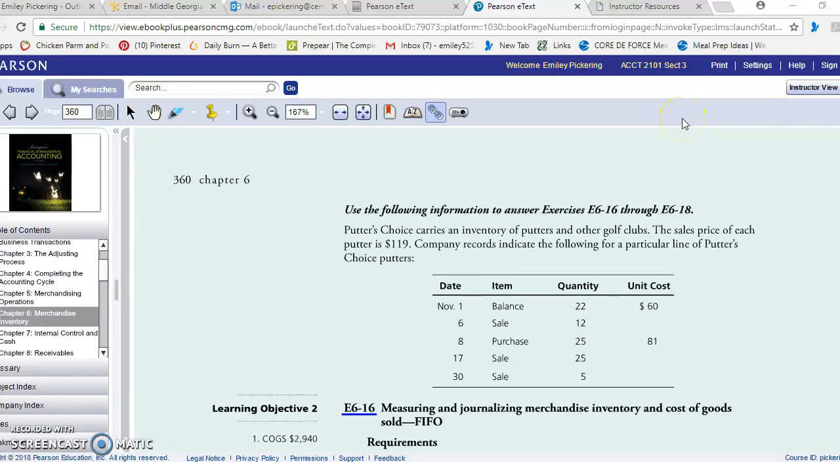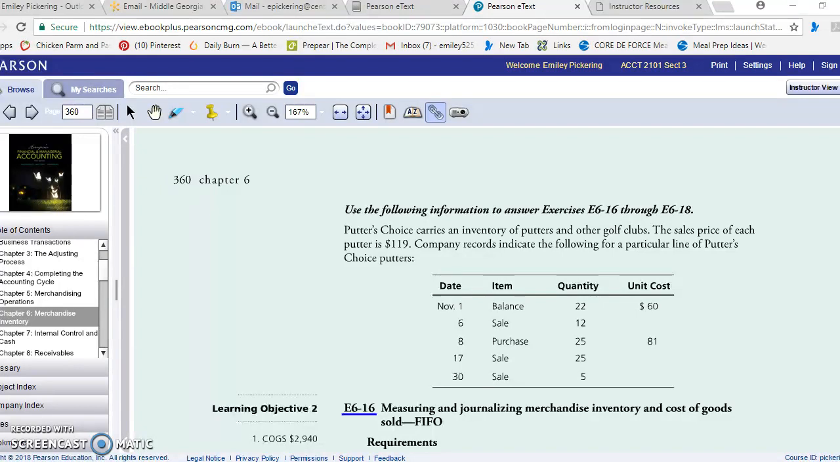All right, so this is chapter 6, and we're doing LIFO, FIFO, weighted average. So I'm going to do problems 15, 16, and 17, pretty much, or 16 through 18, maybe. What we want to do is we have these different purchases and sales, and we want to figure out what our ending balance is and what the cost of inventory